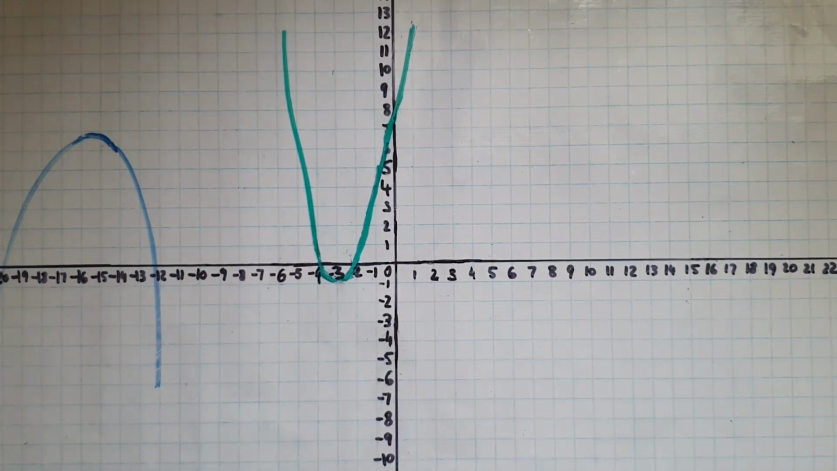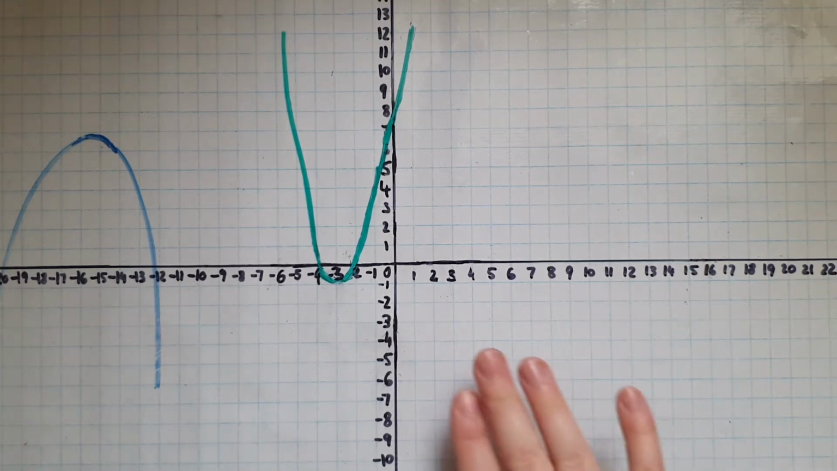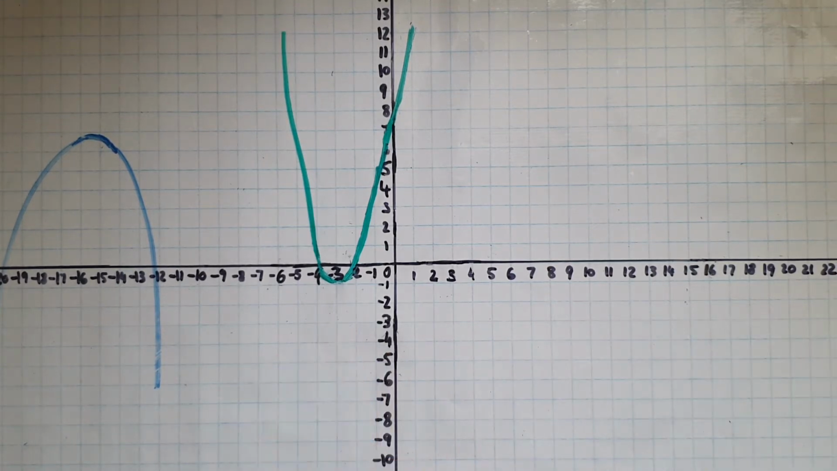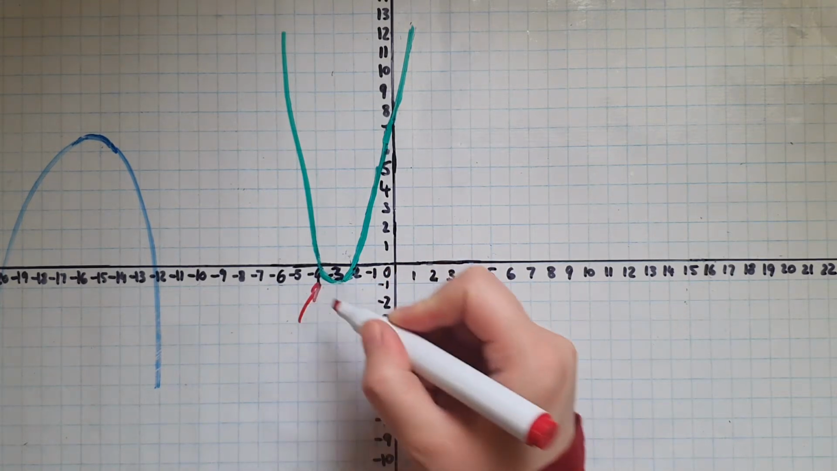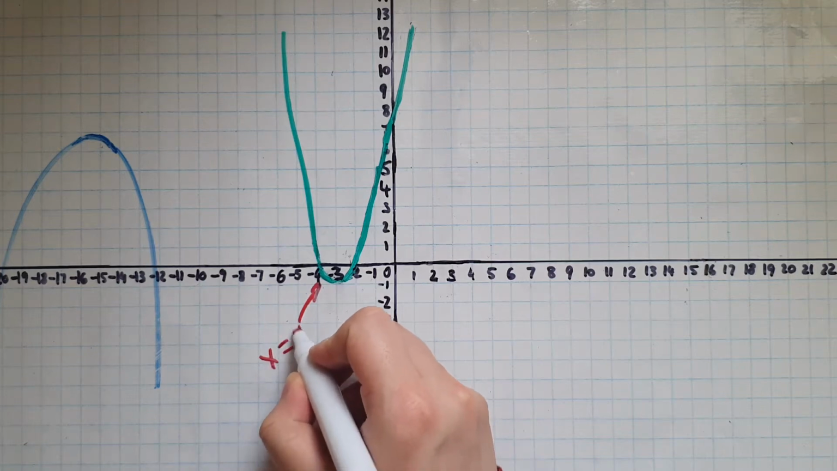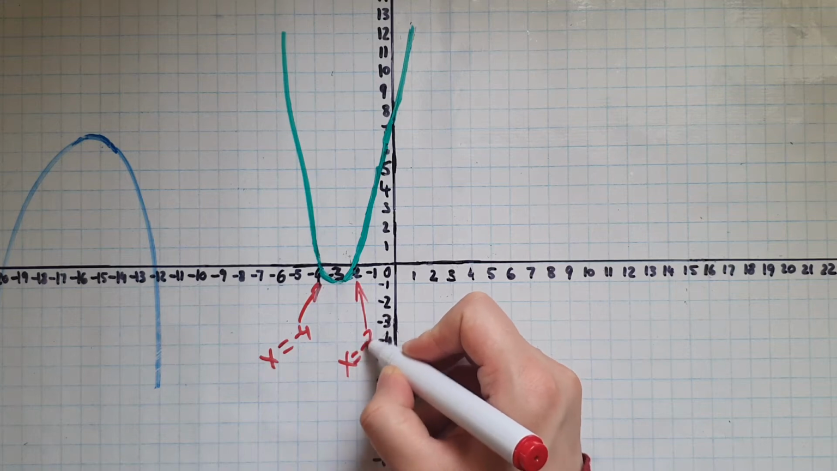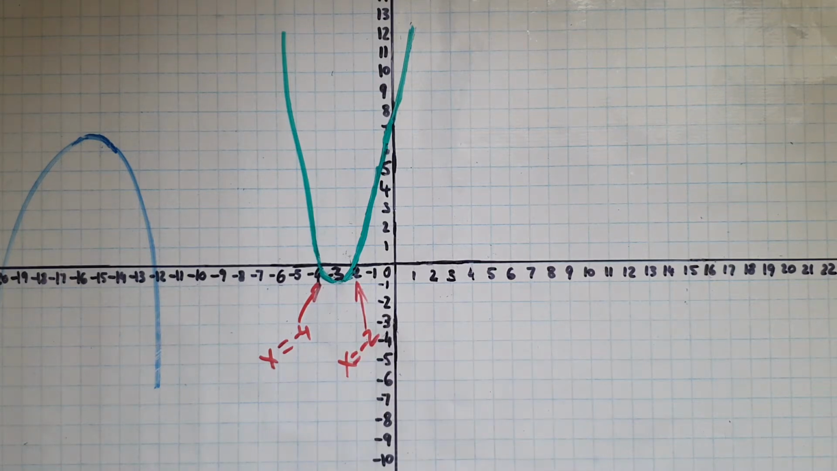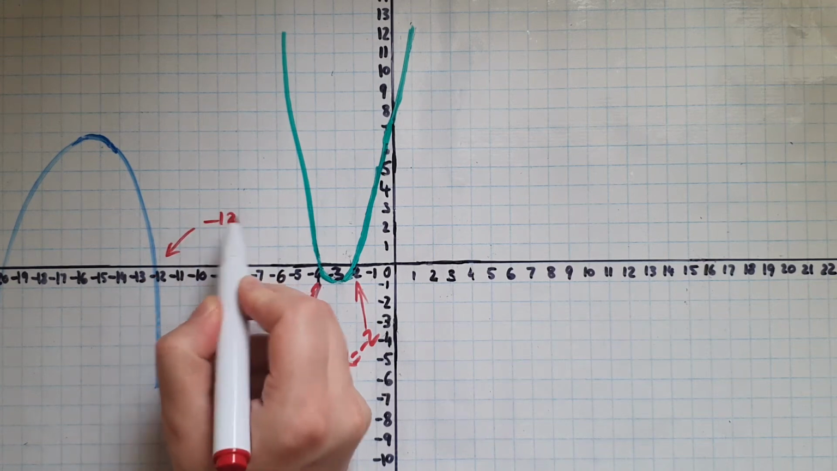How do we find approximate solutions to quadratic equations using a graph? So all you have to do is look for the x-intercept, the solutions, the roots. So for this one, for example, one of the solutions is x equals -4 and x equals -2 is the other solution. Looking at this one, it's about -12